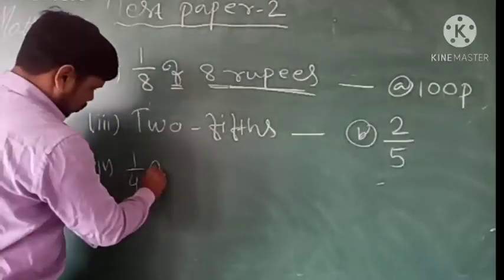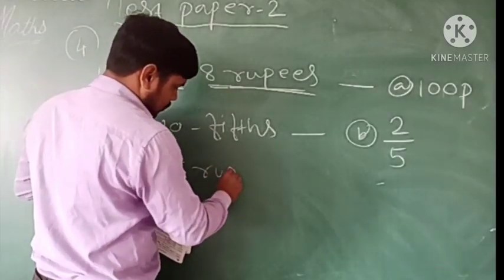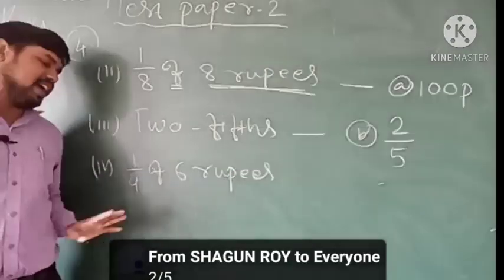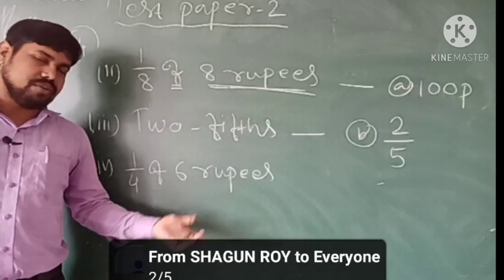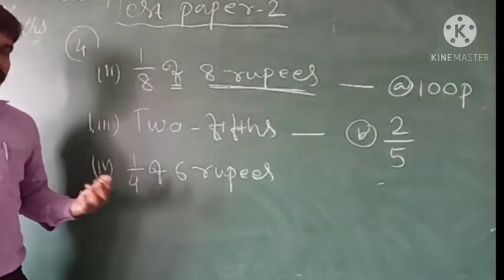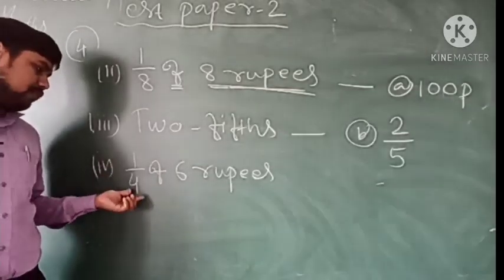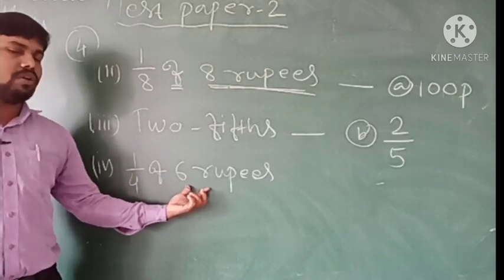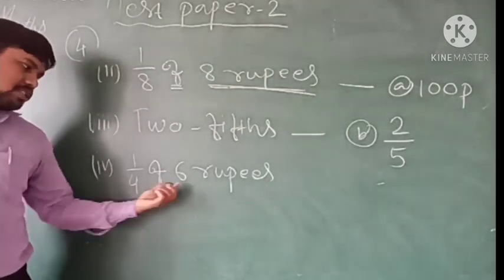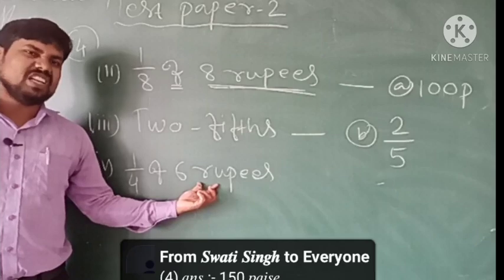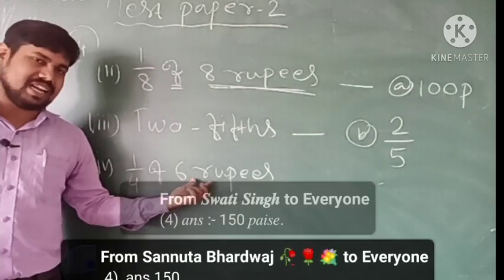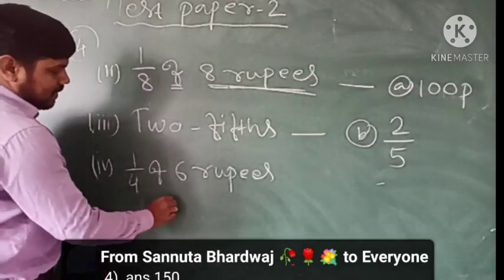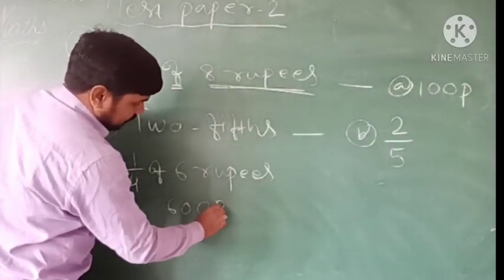Now fourth which we have is 1/4 of 6 rupees. So 1/4 of 6 rupees means 6 rupees you have to divide by 4. That's all. 6 rupees you can convert into paise and then divide by 4. So if 1 is in the numerator, 1/4, 1/5, 1/2, 1/3, whatever it is asking of any particular amount, you have to just divide this much with this much of rupees or paise. You just convert this into paise and then divide by 4. Okay, so we know 6 rupees means 600 paise. So 600 paise divided by 4.